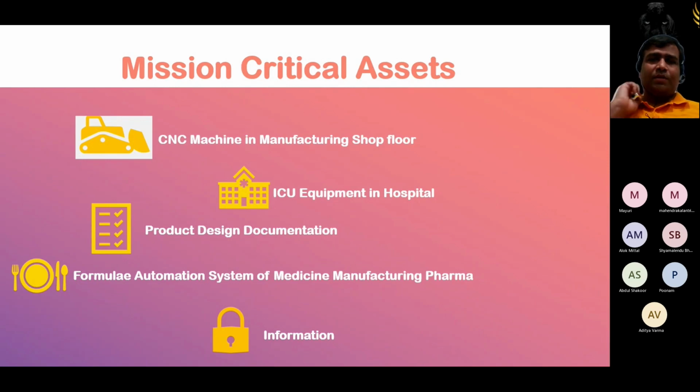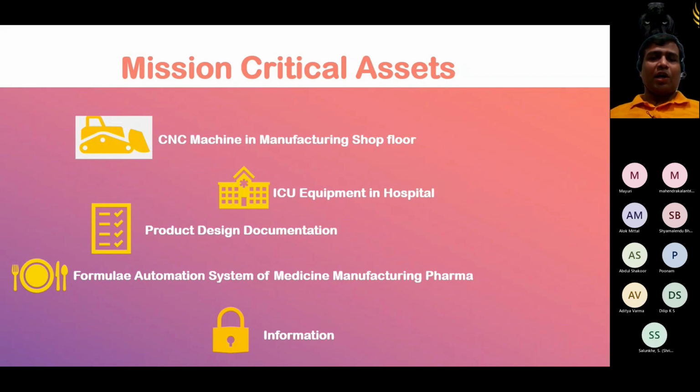So, what is a mission critical asset? Information security standards like ISO 27001, which is the Information Security Management System, ISMS, focus only on information as an asset. But when I'm talking about BDSLCCI, it is talking about CNC machines on the manufacturing shop floor. It is talking about ICU equipment in the hospital. It is talking about